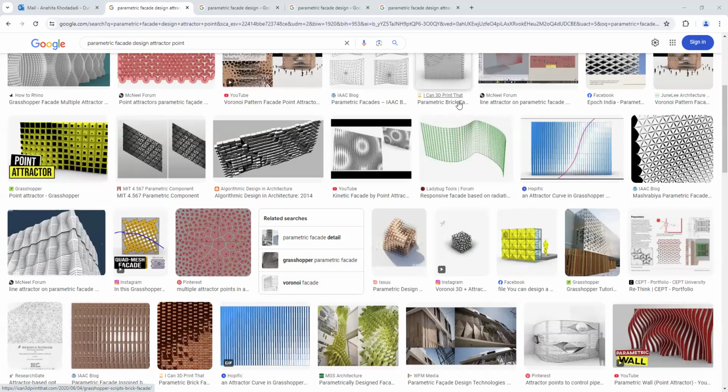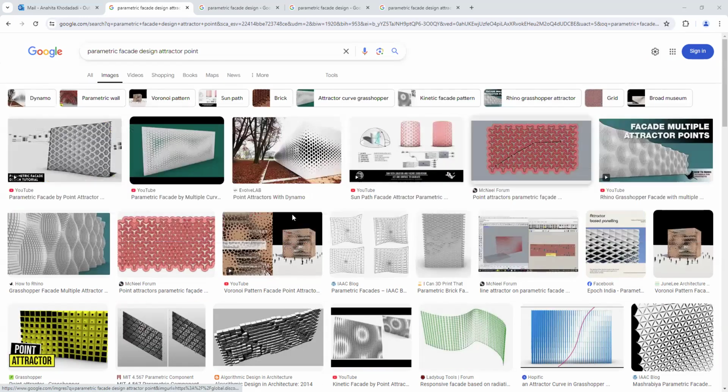So in this video, I want to describe how to create attractor points in Grasshopper. An attractor point describes an effect where a grid of objects deforms based on the proximity to a specific point or a series of points. As you can see in these examples, if you just simply surf the internet, you'll see a lot of examples